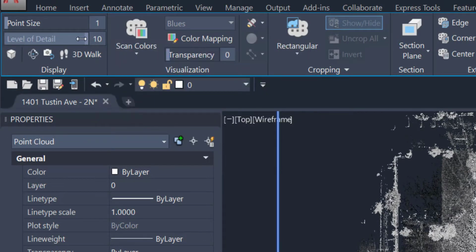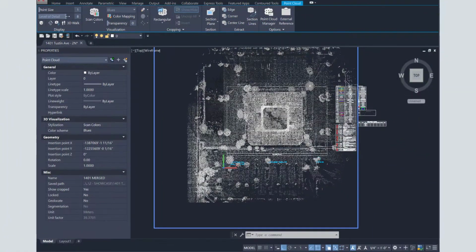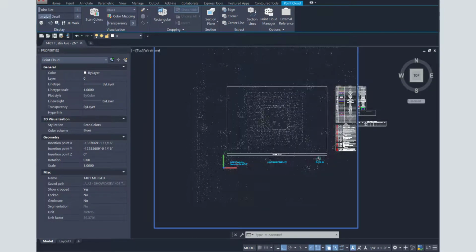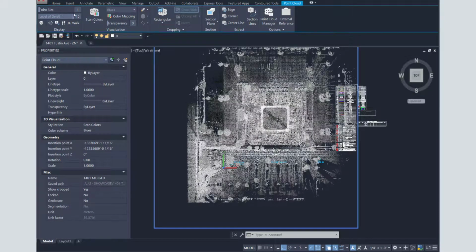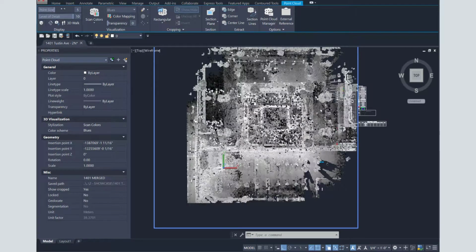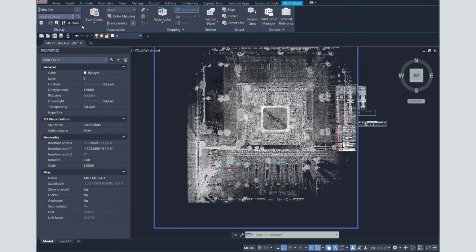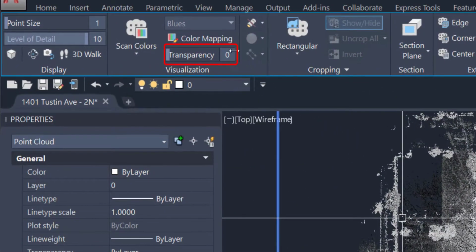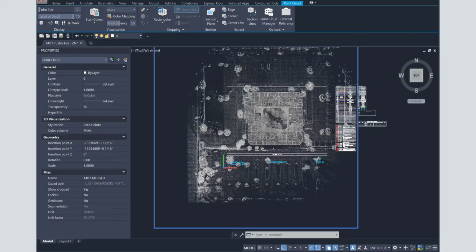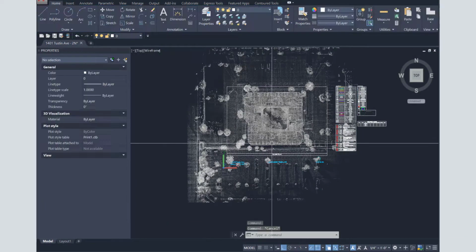The level of detail slider sets the density of points that can be displayed. The point size slider will make each point in the point cloud larger or smaller. I usually keep these at 1 and 9 or 10. These will have a direct effect on your computer performance, so you may need to change these to speed up your computer. One setting I always change is the transparency, which I set to 50, but you can use anywhere